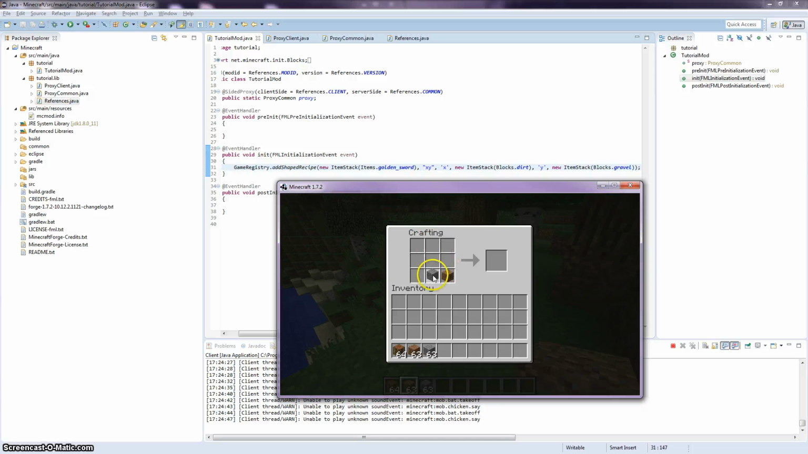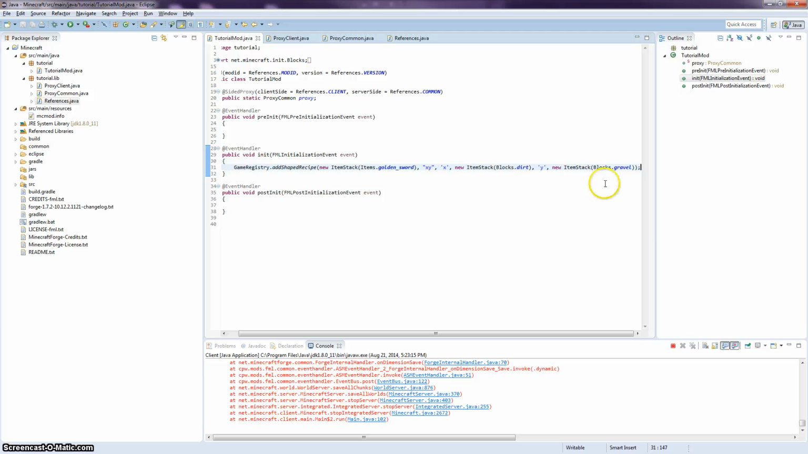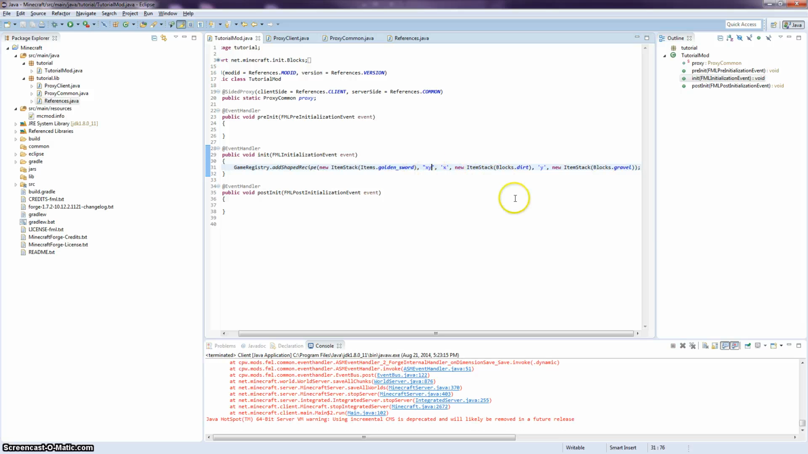Anytime that a block of dirt is horizontally adjacent to a block of gravel in either fashion, we'll get this sword. Now notice, if we go on top, that nothing will happen because our setup right here is for horizontal alignment, and that will make sense a bit more now as I modify this. So we can get a bit more explicit with our